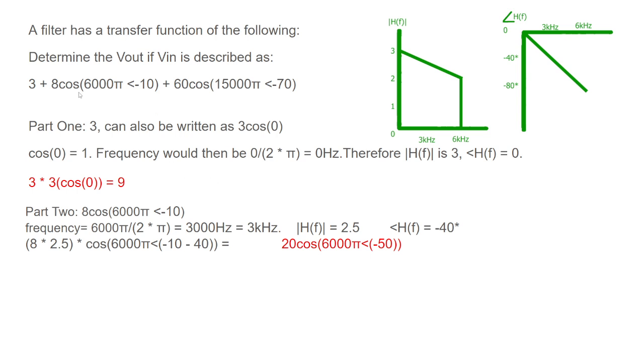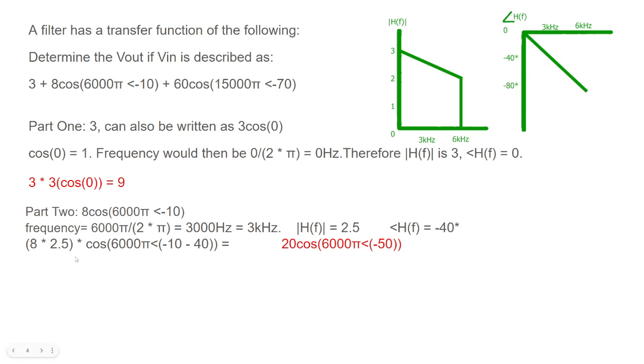For part 2, we have 8 cosine of 6,000 pi with a phase angle of negative 10. Now to find the frequency, all you have to do is take the part inside the cosine divided by 2 pi, which will give us 3,000 hertz, or 3 kilohertz. Then from the graph, we get 2.5 for the gain, and then a phase angle change of negative 40